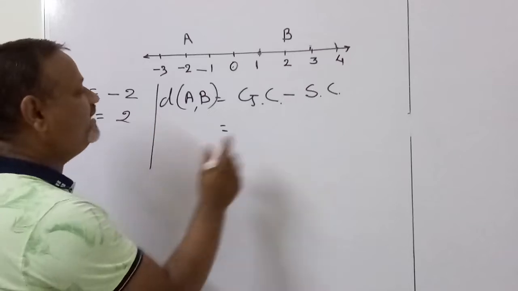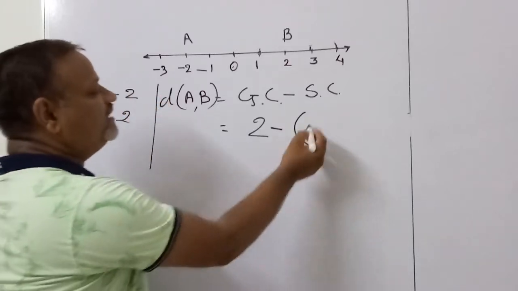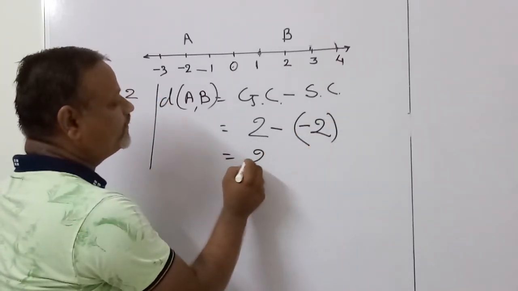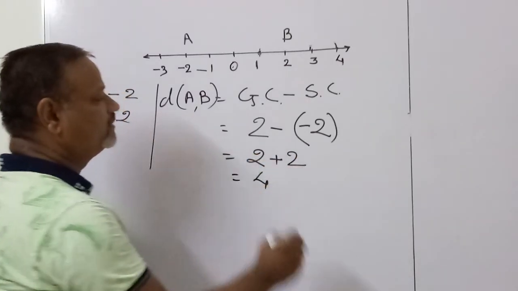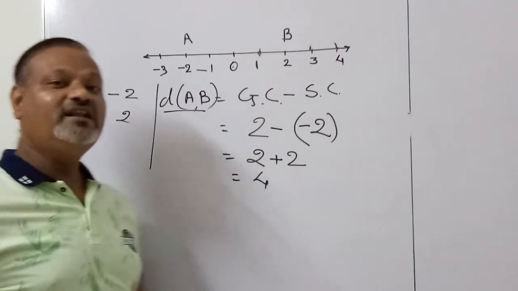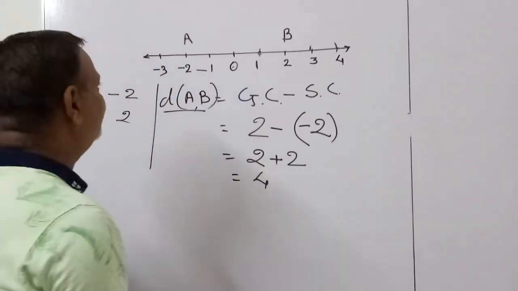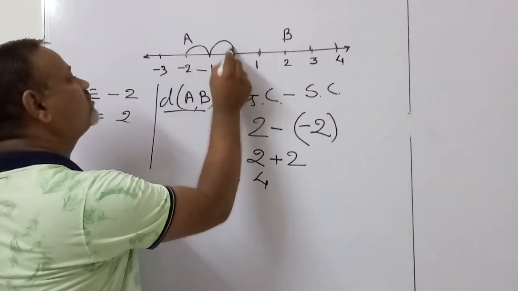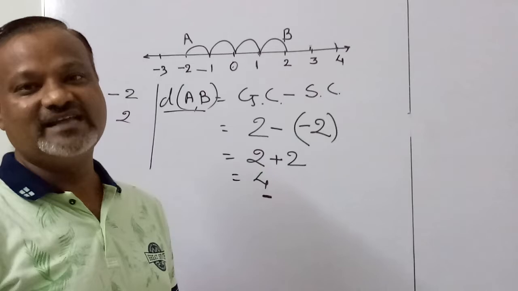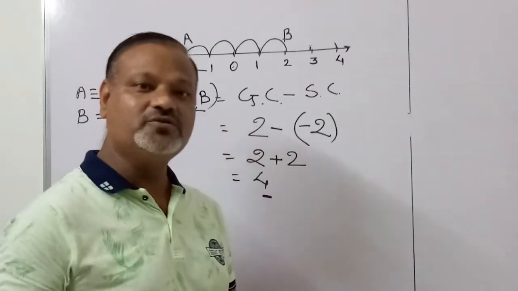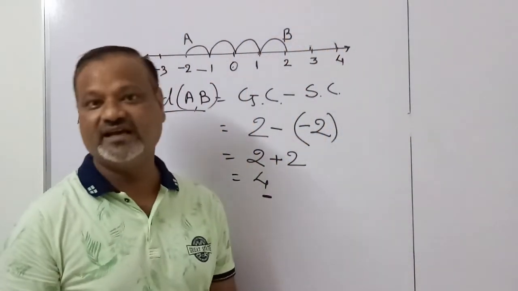So we write the greater coordinate is +2. बीच में देंगे minus. And the smaller coordinate is -2. We can write here. Now 2, this minus into minus is plus, +2 equals 4. So the distance AB is equal to 4. Now we can verify by using the third standard method, like from A we start 1, 2, 3 and 4. So this answer is correct. So this is nothing but the distance between the 2 points in the given plane.